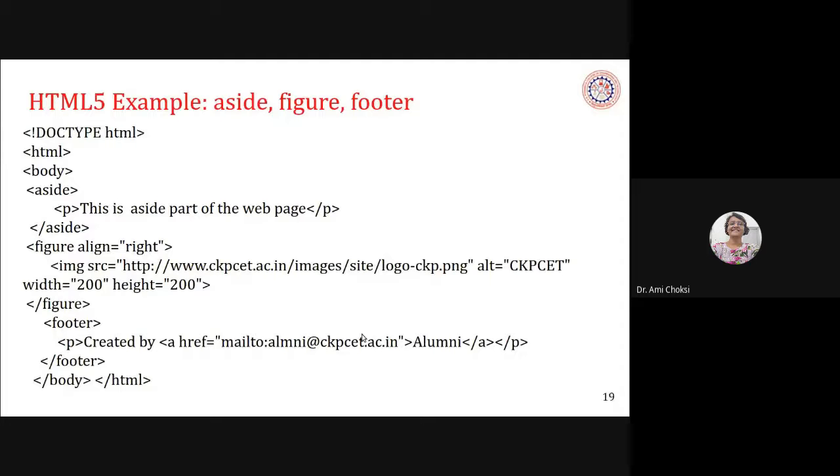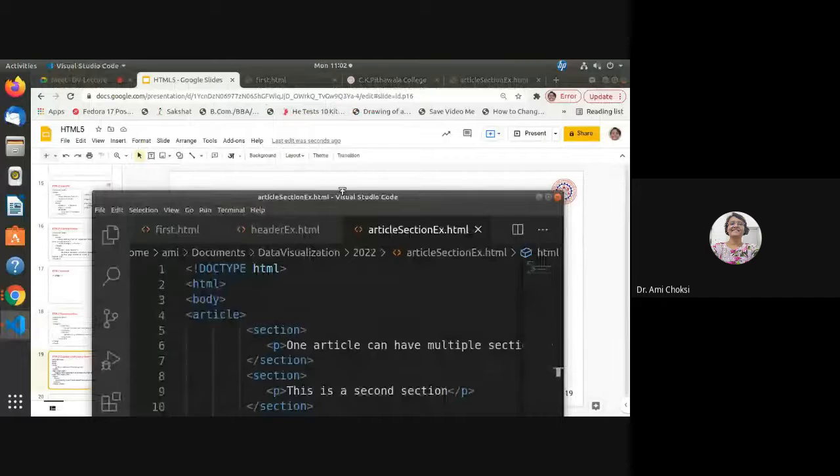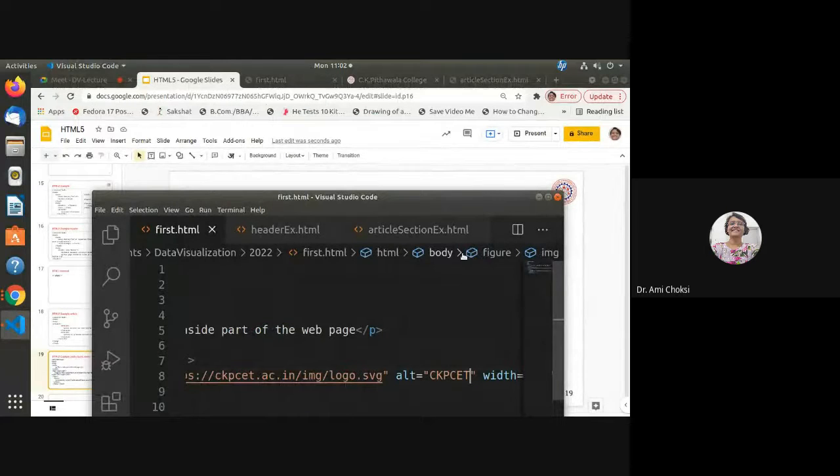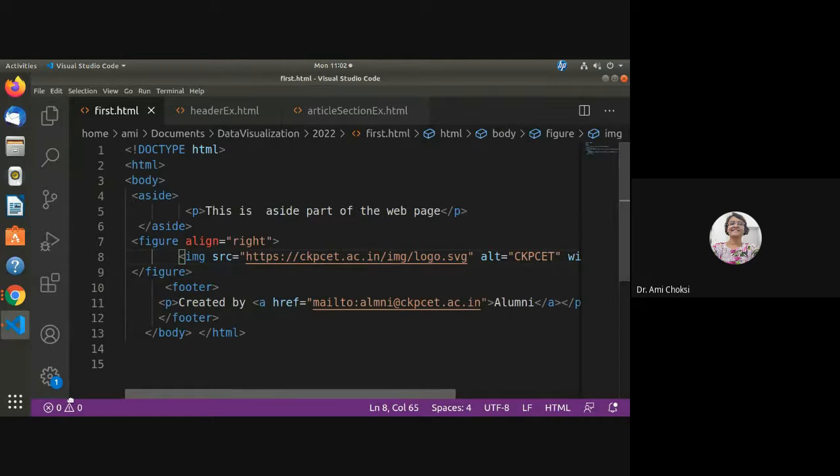Yes, aside is also there, figure is also there, and footer is also there. The same code is here.